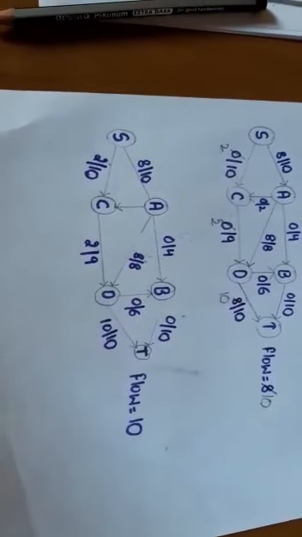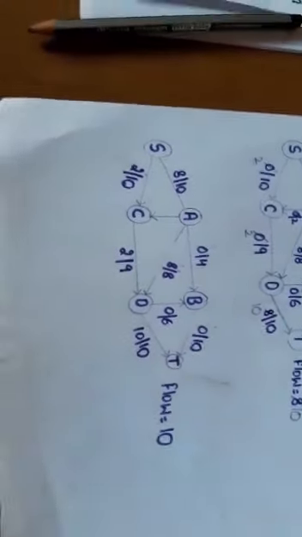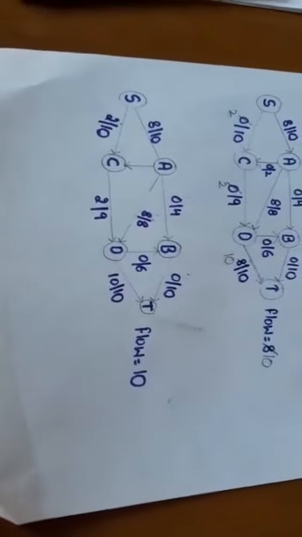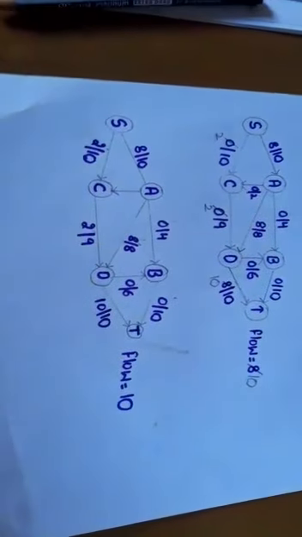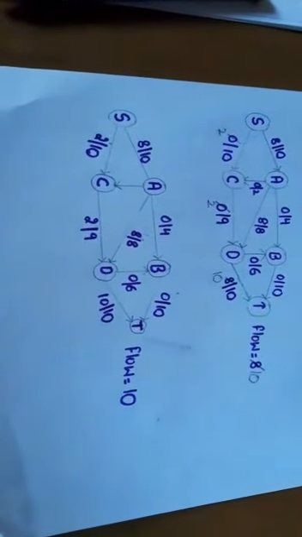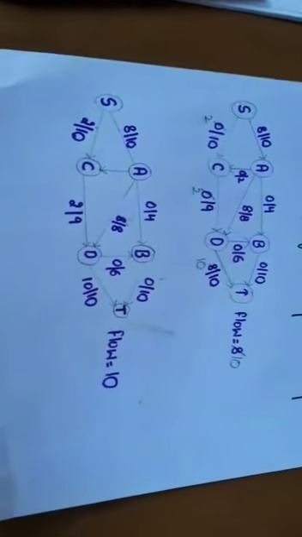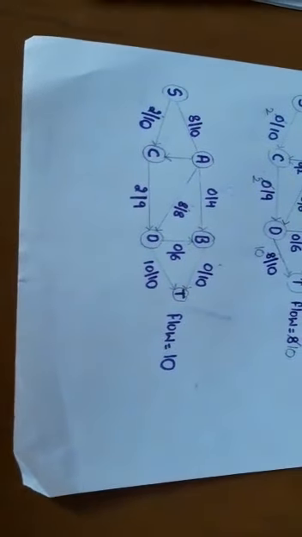So SCH will take flow of 4, CDH will also take flow of 4, and DAH will also take flow of 4. So ABH will have the flow of 4 and it will pass flow of 4 to BTH. Since BT was having capacity of 10 but AB can pass only 4, it will take only flow of 4 units. So the bottleneck capacity for this path will be 4 and the total flow of the network will be 10 plus 4, that is 14. Let's see the next augmenting path to be taken.